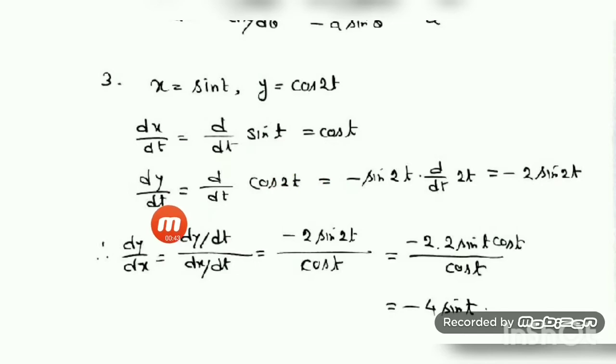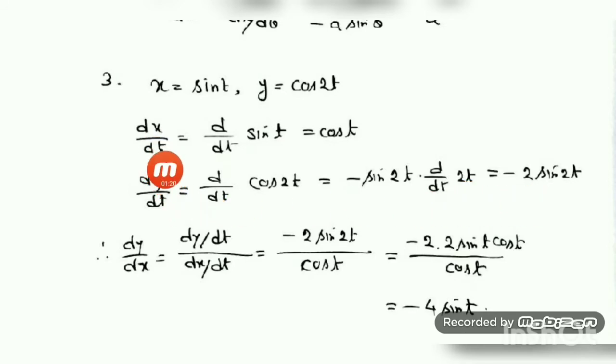Similarly, dy/dt is equal to what? d/dt of y, substitute, that is cos of 2t. Now here also we can apply the formula for d/dt of cos t. And what is the derivative of cos t? You have to think of 2t as x or 2t as t. You will get minus sine of 2t. And since you are thinking of 2t as t, take the derivative of 2t again. Or we can directly write down minus 2 sine 2t, because 2 will come out and d/dt of t is equal to 1.